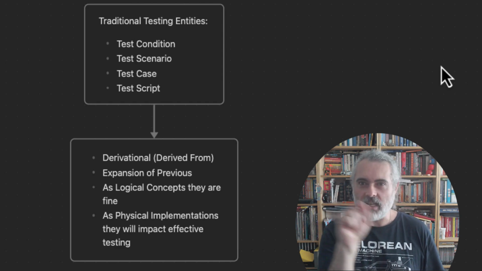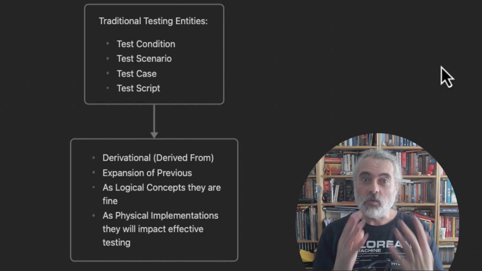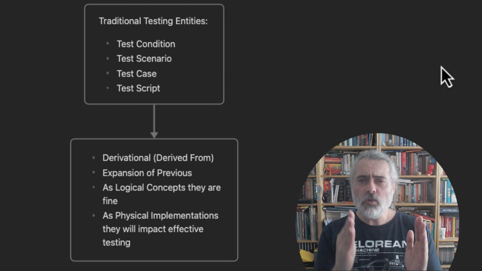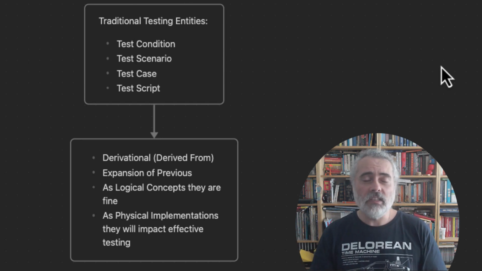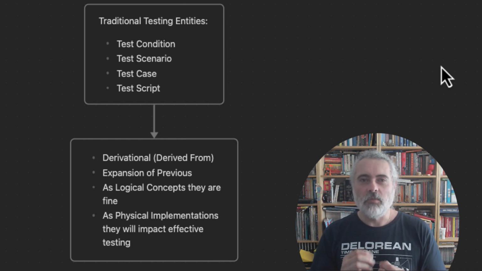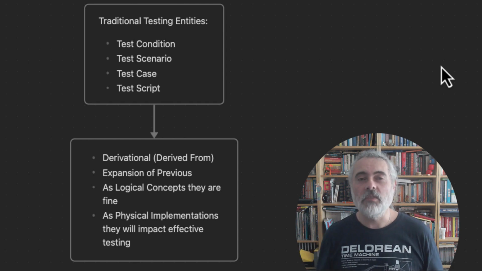We want this to be a test condition, and it would maintain the cross-references back to those documents. If those documents ever changed, you would upload them. It would try and work out what the changes were. Huge amount of maintenance, all in the name of an effective, well-tracked process so we didn't miss anything. But that tight coupling between the tools and the physical artifacts we were creating meant everything was massively time-consuming and